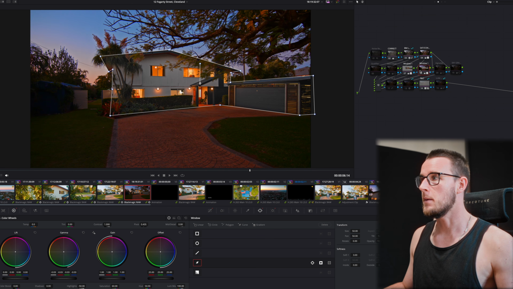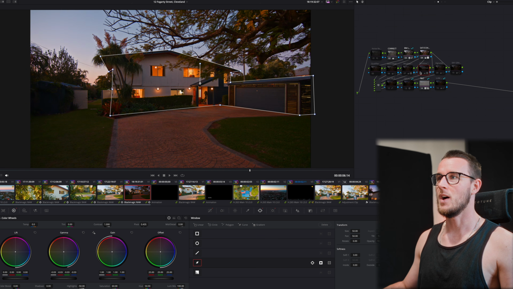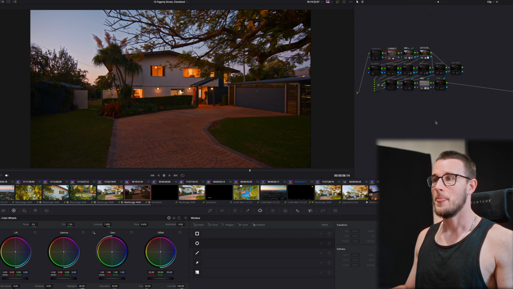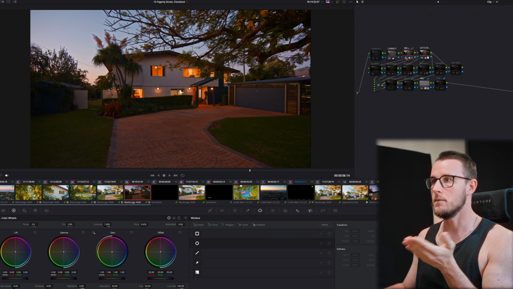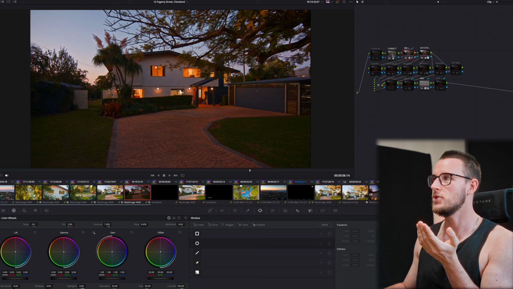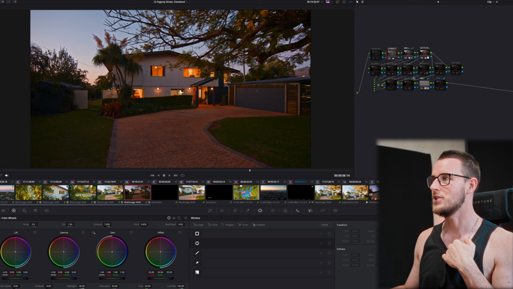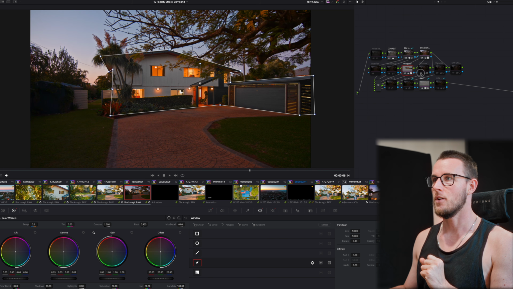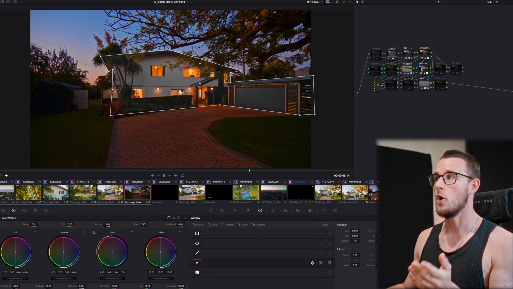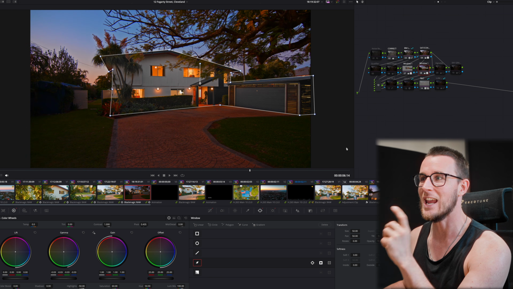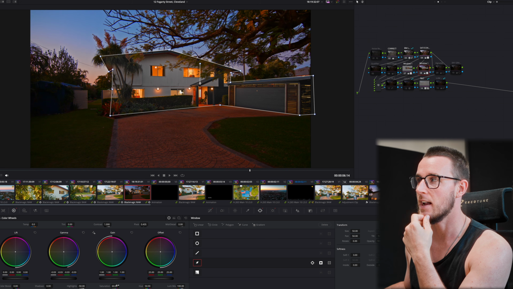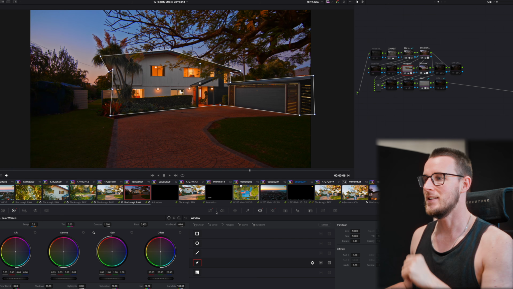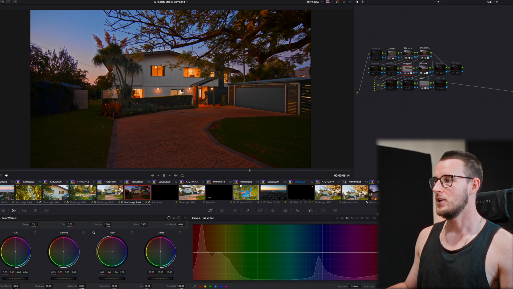To break down the grade a little bit, we've got this double mask again. If you saw my last video, we love to go hard on the double masking. This is the shot here. It's kind of lame straight out of camera. We've got our transformation node, some saturation, a little bit of contrast and all that. But what really makes this pop is you put a mask around the outside of the home, then copy that mask, track it, and invert it. In this second window, you're saturating a bit more, pulling some of the highlights down, and desaturating some of the yellows using your sat vs sat